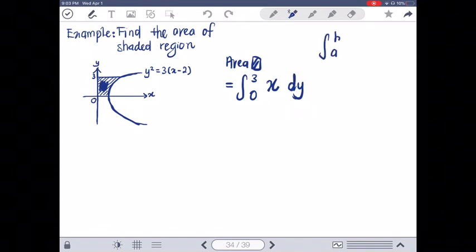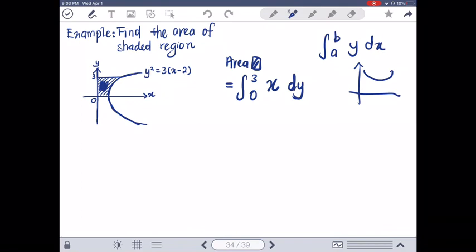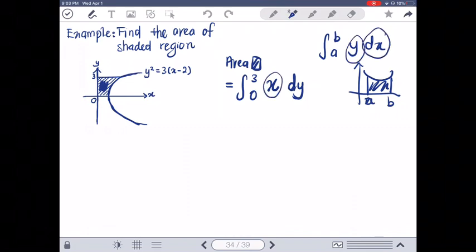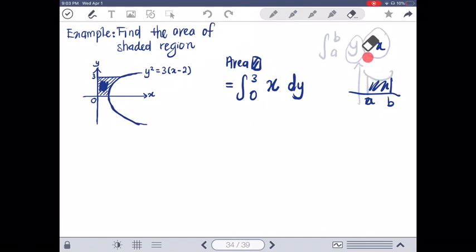Normally, we will have integration from a to b of function y with respect to x if we have a region bounded by the x-axis. But in this case, the region is bounded by the y-axis. Therefore, instead of using y dx, we use x dy. Okay. So therefore,